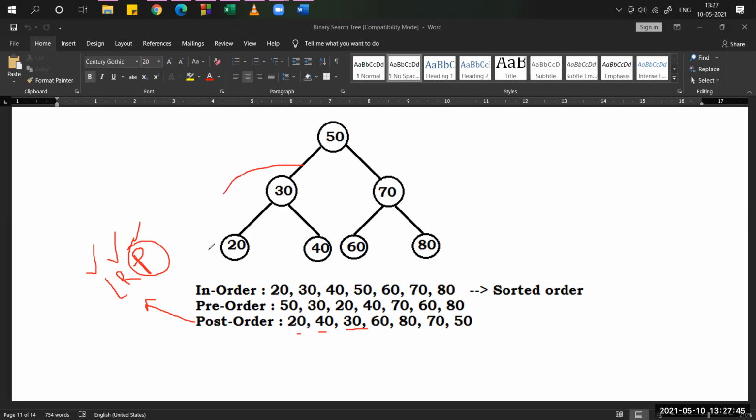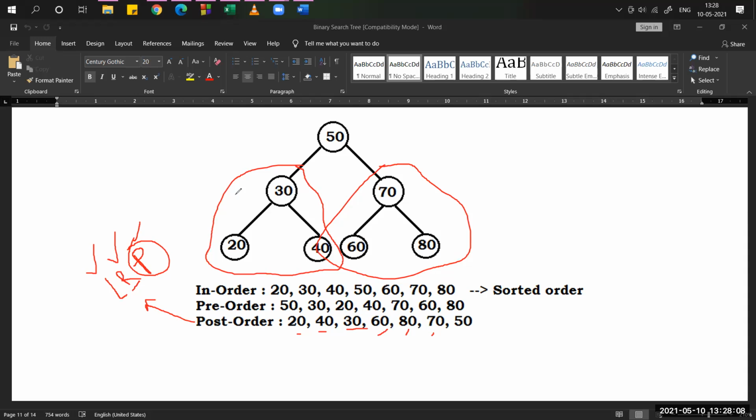Now which subtree is over? The left subtree was over. Now after the left subtree we have to print the right side. Coming to the right side, what is the left node? 60. Then the right node 80. Who is the parent of these two? 70.